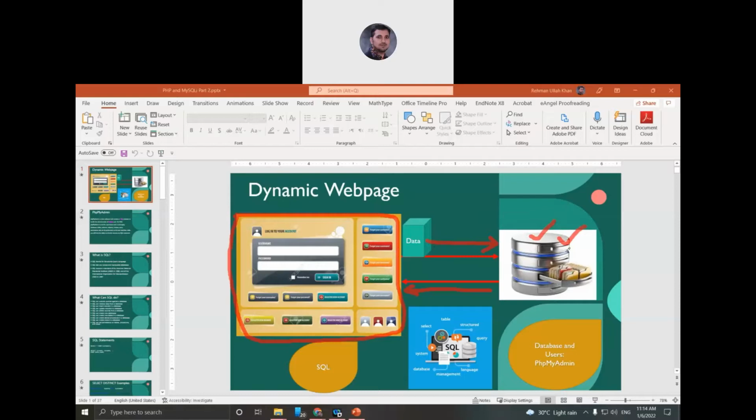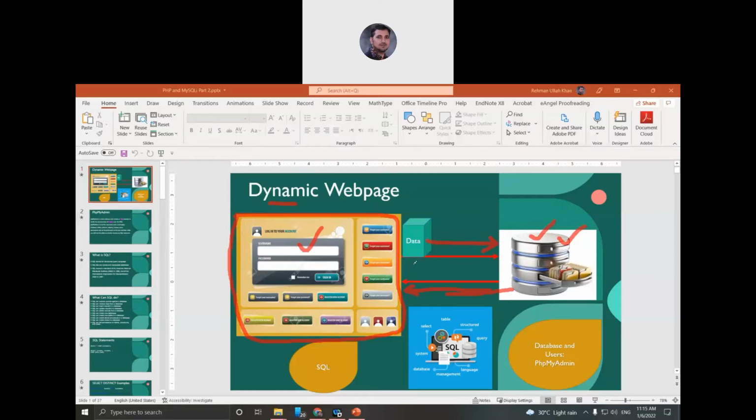The page is sending data to the database and requesting data from the database. So there is two-way traffic between the web page and the database, and this is why it is called a dynamic web page. Whatever data is retrieved from the database will be displayed here dynamically. Dynamically means you cannot fix values, because we don't know what data will be retrieved from the database. We will talk about the database also.